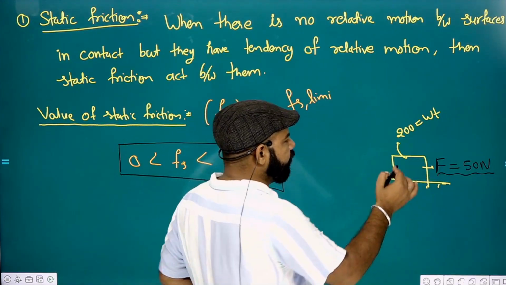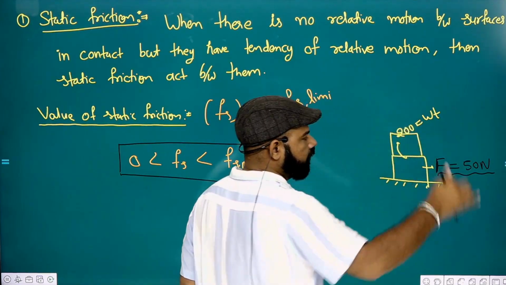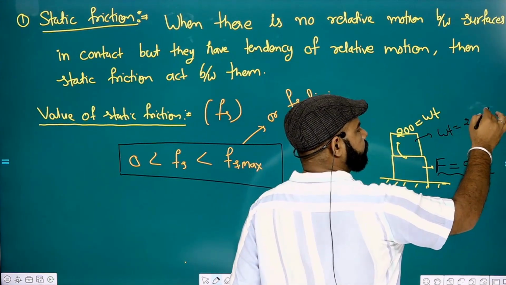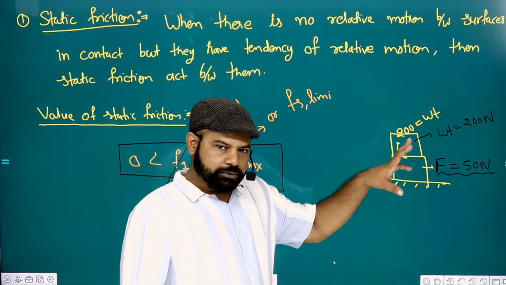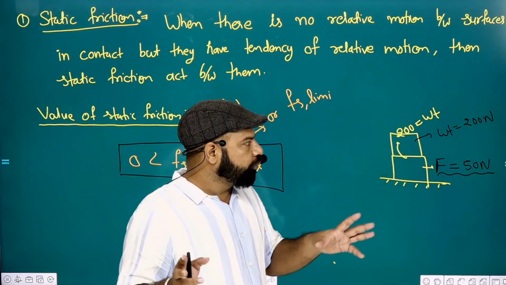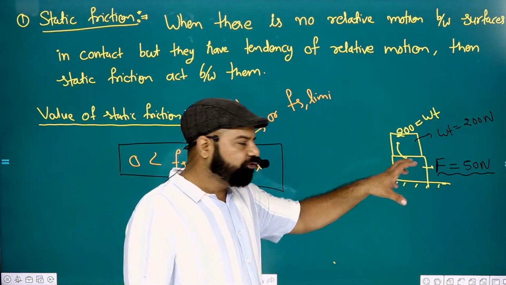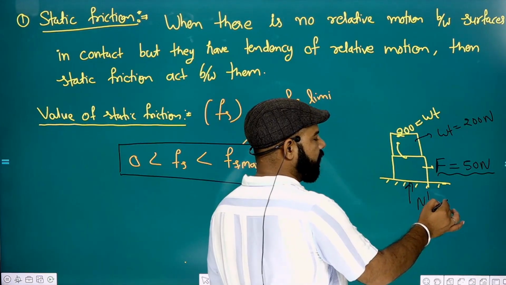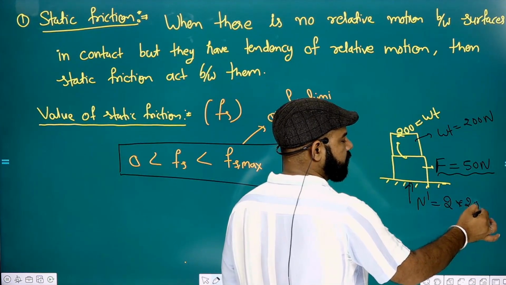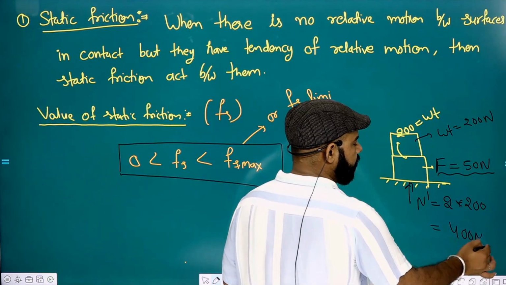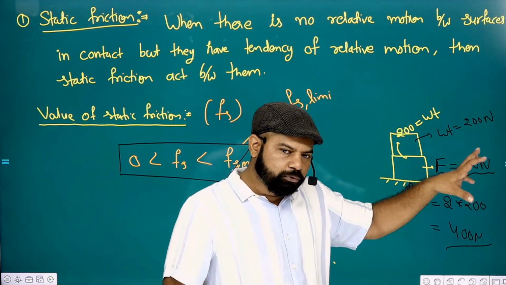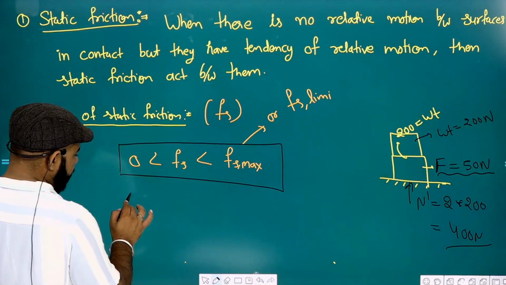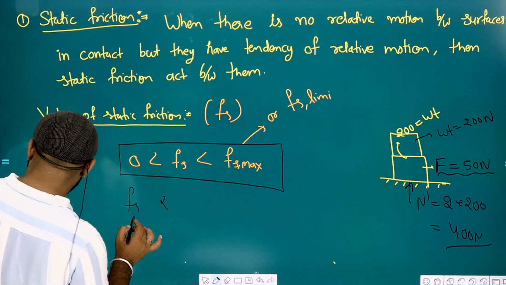Now suppose a block is placed over this block and the weight of this is also equal to 200 Newton. So what we have concluded with the help of experiments is that if we double that weight, in that case this normal reaction also becomes double. So it becomes 2 times 200, that is 400 Newton, and the minimum force required to move this block also becomes double. So we have concluded that this Fs maximum,